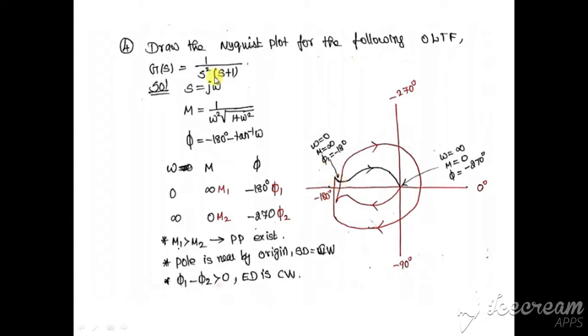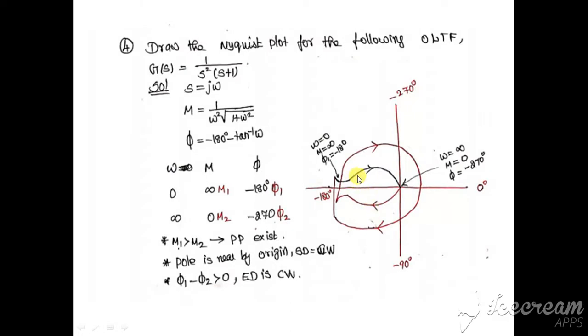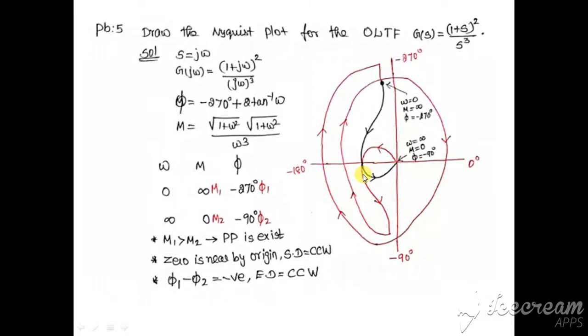But here there are two poles at the origin, so we need to draw two semicircles. From this we get one semicircle, and the other one is like this. We need to draw like this. And last problem,